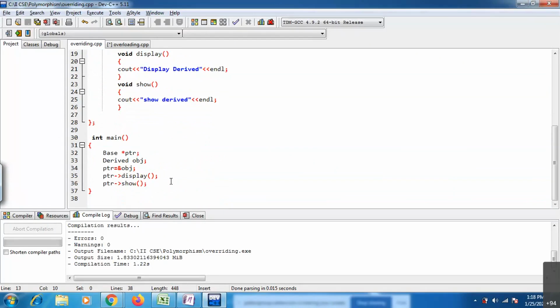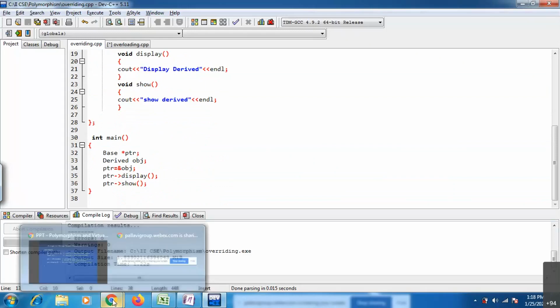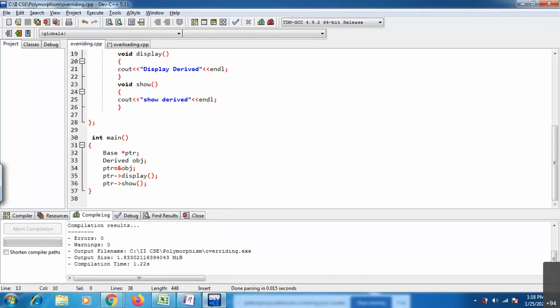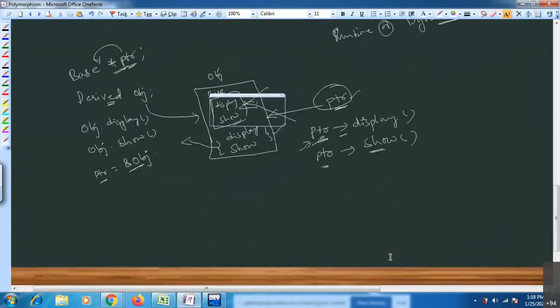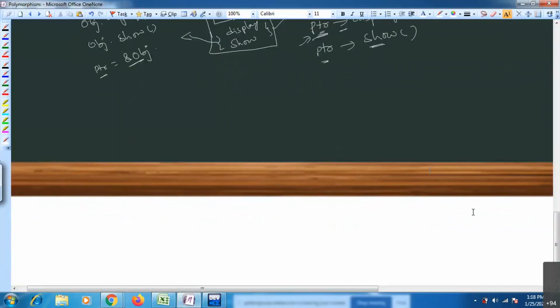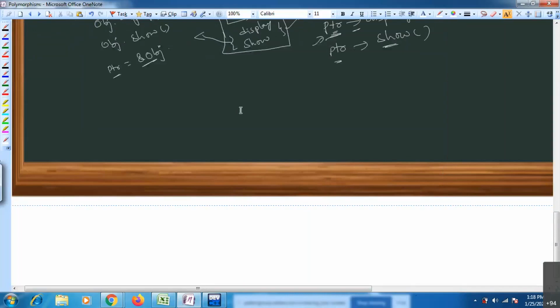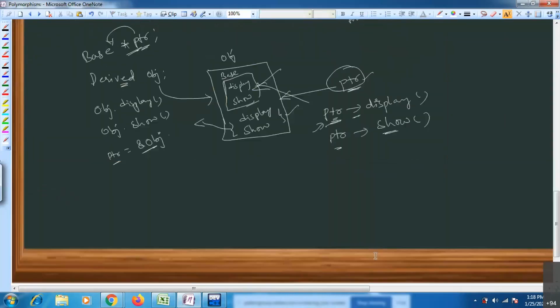In that case, what you need to do is just go with virtual function. A virtual function is a function that we define by using the virtual keyword.